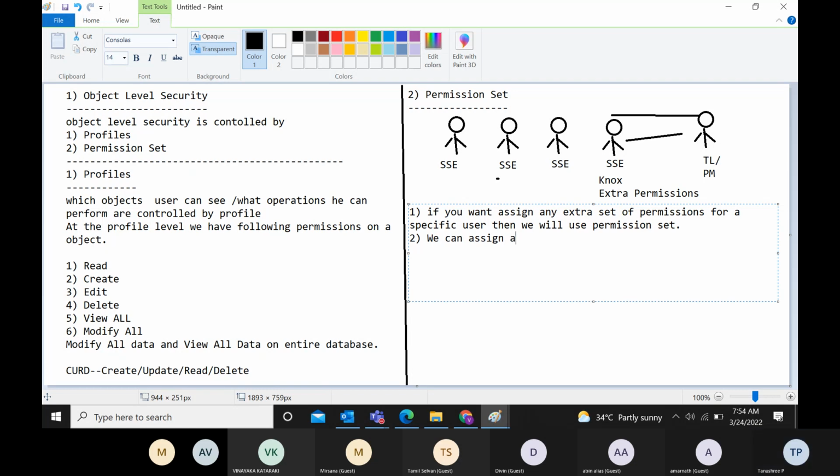We can assign additional permissions, additional only you are giving, right? Additional permission apart from what user